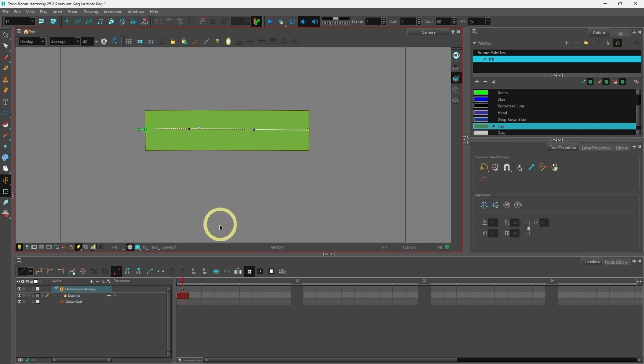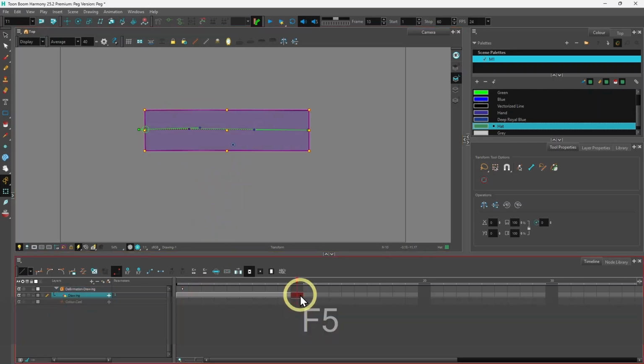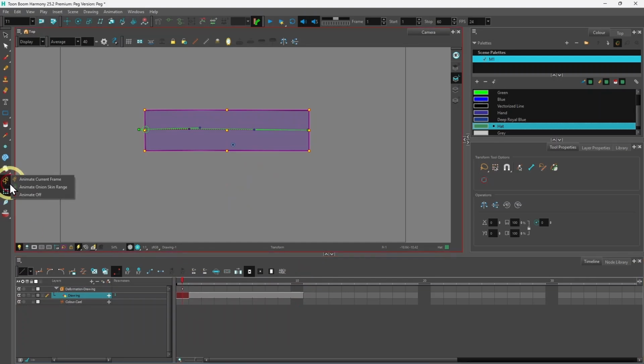But the issue comes when we have to move the drawing. If I disable the animation mode over here and I want to move the drawing and the deformation together,